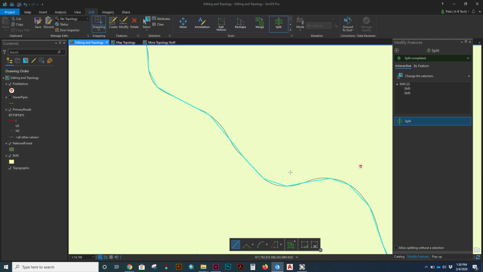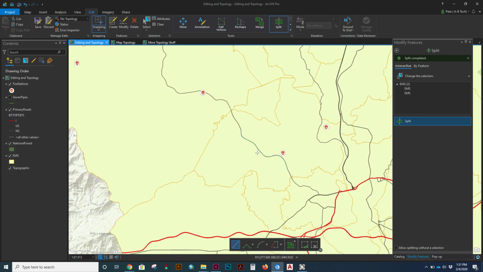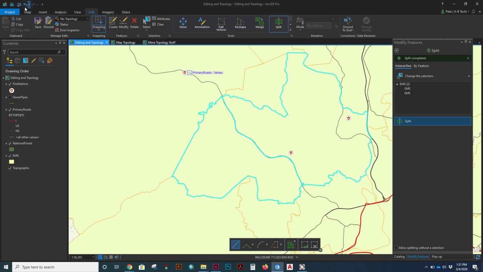Out there in the real world, New Leicester Highway defines the demarcation line between these 2 EMS areas. And if you see this little gap in here, this EMS layer does not go across the road to here. It is at the road. So I'm going to undo that edit too